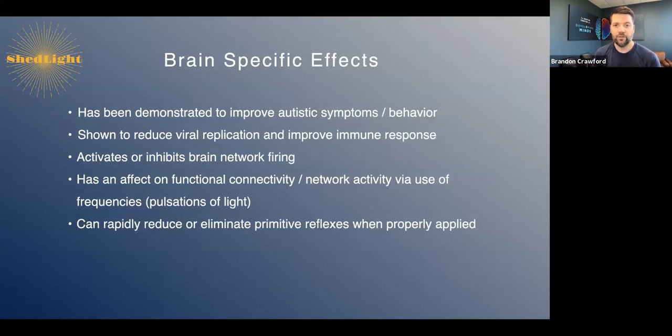It's been demonstrated to improve autistic symptoms and behavior, shown to reduce viral replication and improve immune response, activates or inhibits brain network firing. That's awesome. Has an effect on functional connectivity, network activity via use of frequencies and pulsations of light. And that's something that's very specific to what we do, is that we use certain frequencies, right, to affect different